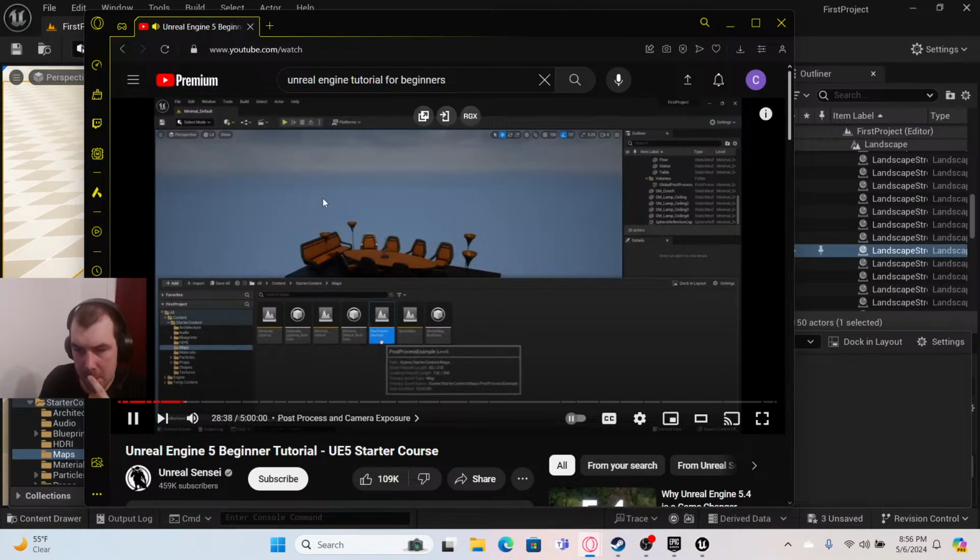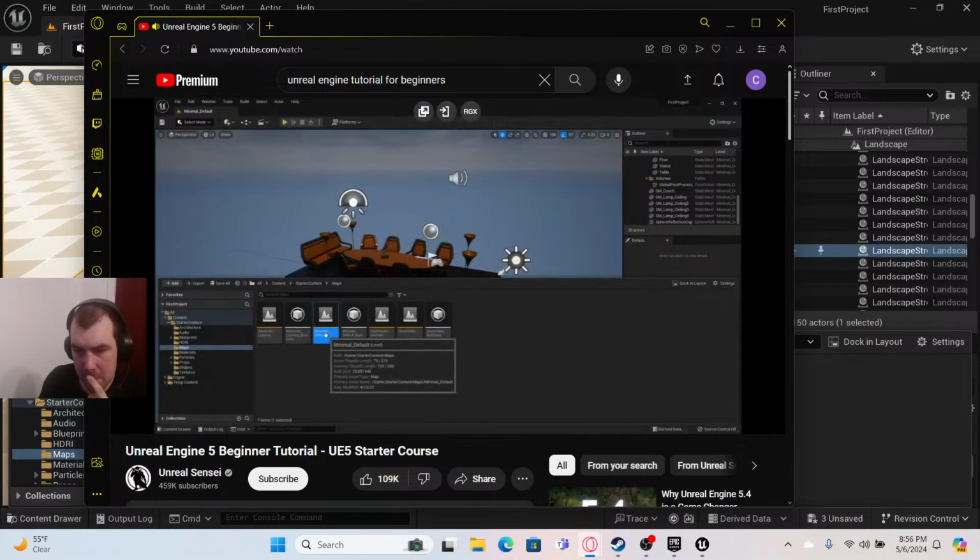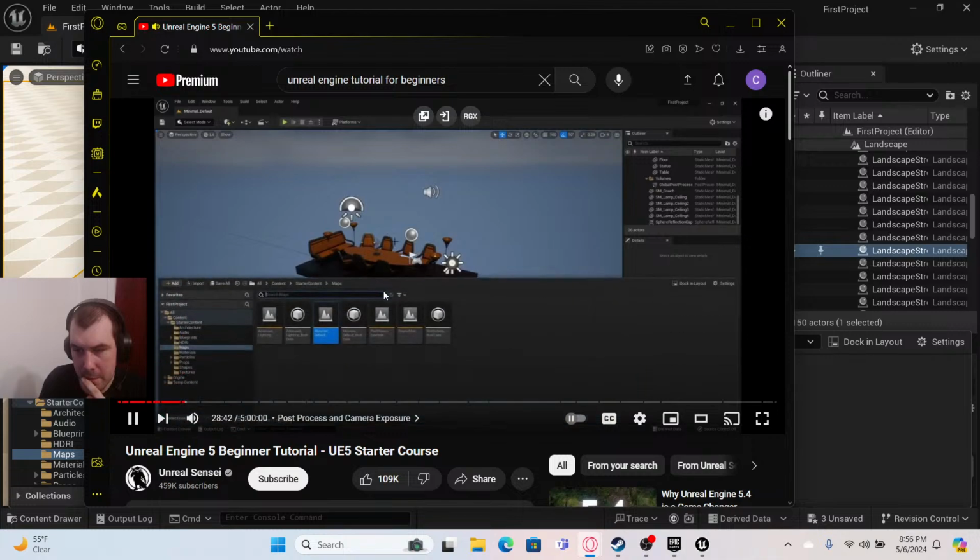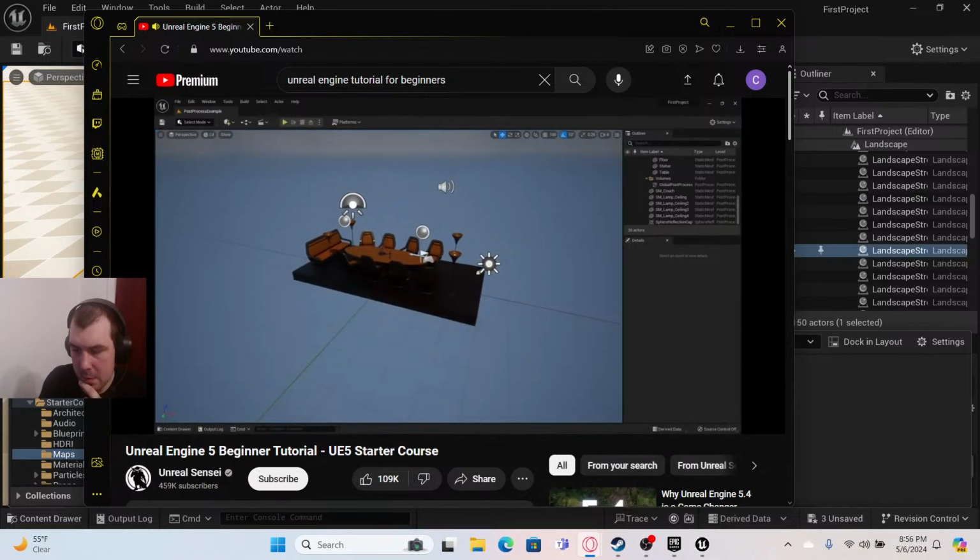Go save it. So if I double click on minimal underscore default, this is the current map that we've been on. And then if I double click on post process example, this is the new map that we're about to